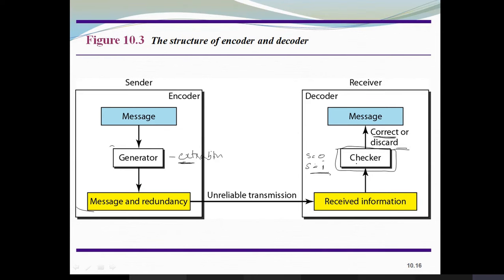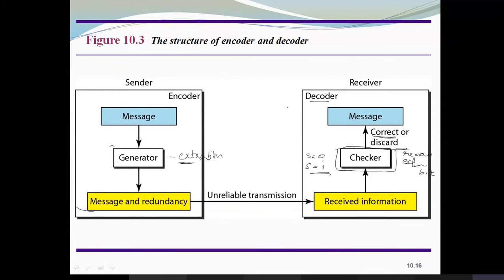Okay, so here at the checker if there is no error, what happens is it will remove the extra bits, whatever you have added here. Remove extra bits before delivering to the receiver. It has to remove the extra bits in case there is no error in the received data, and just deliver the data or the message to the receiver. This is the basic diagram or the structure that can be used for error detection and correction. So this is the encoder at the sender side and decoder at the receiver side.